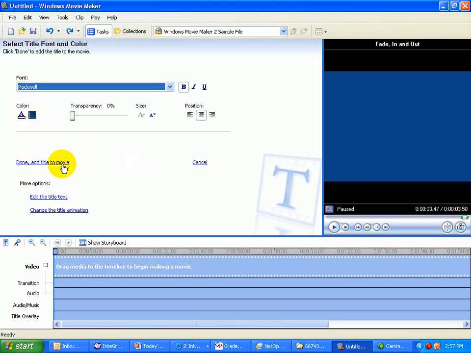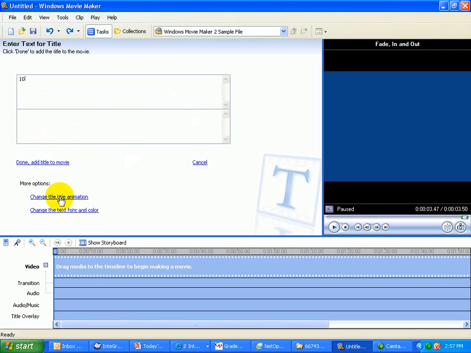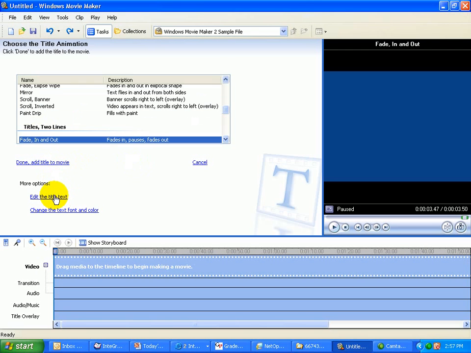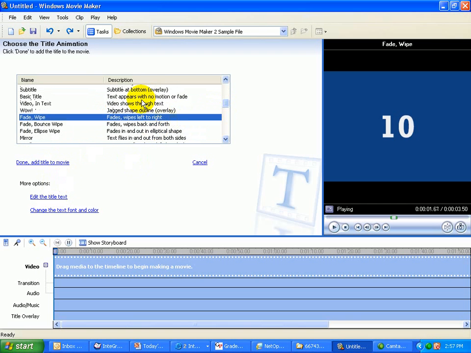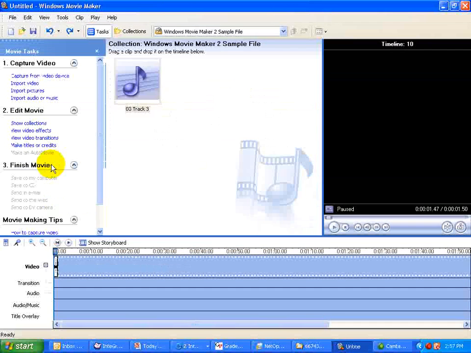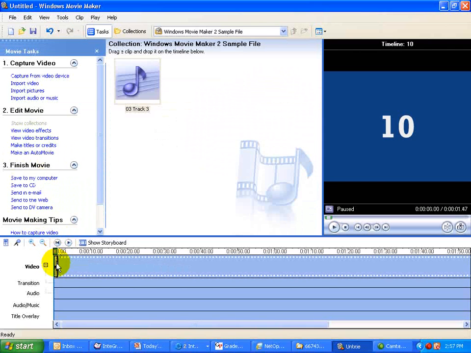I'm going to go ahead and click Edit Title Text, or I'm sorry, change the title animation. And you see I've got a ton of different options here. I've got wipes. I've got all kinds of different things, including the basic title, and that's exactly what I want. And you'll see the reason why in just a second. I'm going to hit Done, Add Title to Movie, and you can see there's a little sliver of that 10 down there. I'm going to go ahead and zoom into this here,